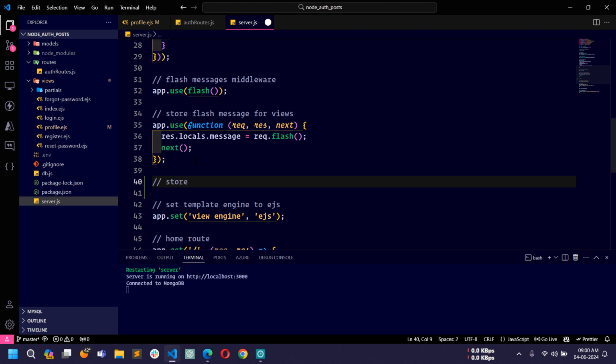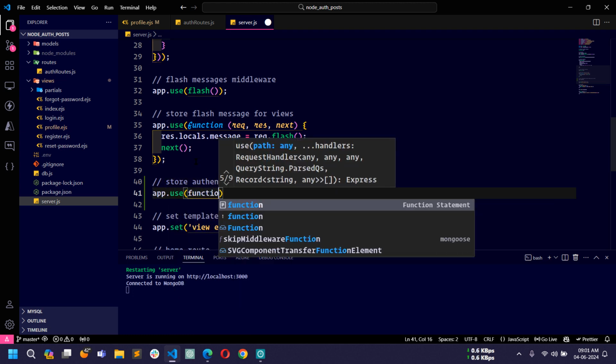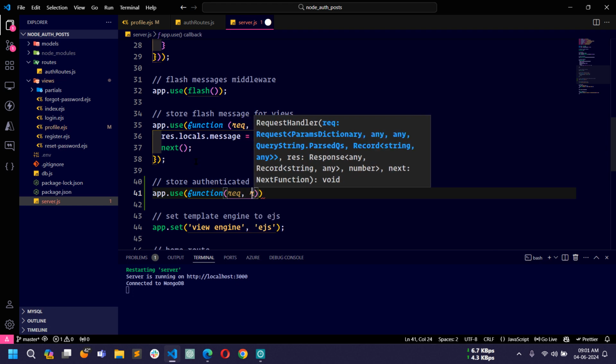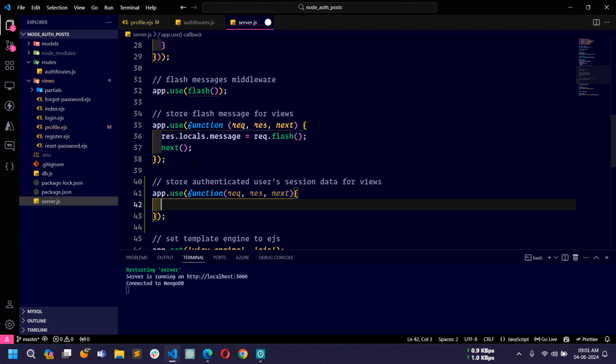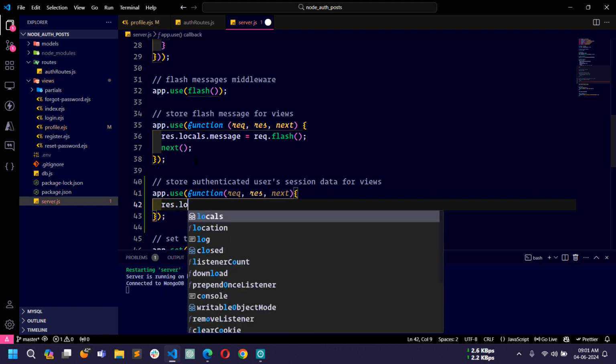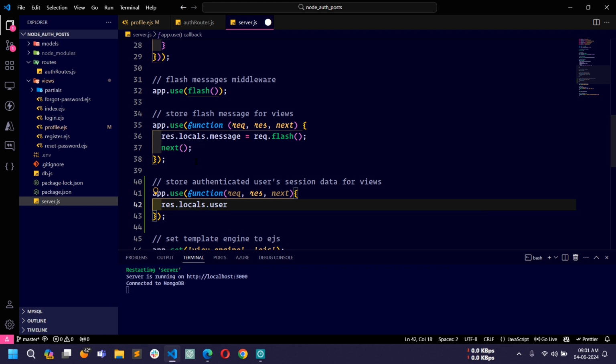So let's write a comment, store authenticated user's session data for views, and here I will write app.use function, and then request, response, and then next. Now inside this function what I will do is I will use res.locals.user. Now here you can see I am declaring a variable in the locals with the name user. Now I will use